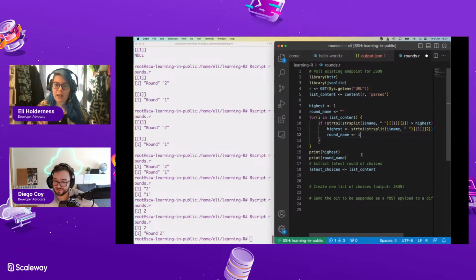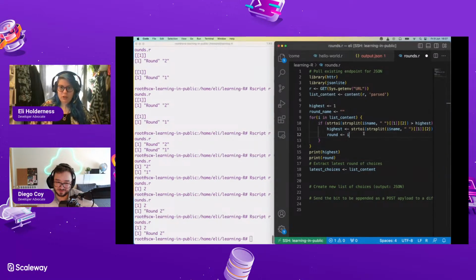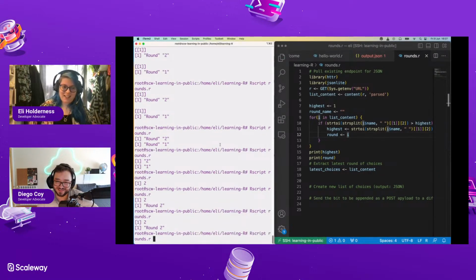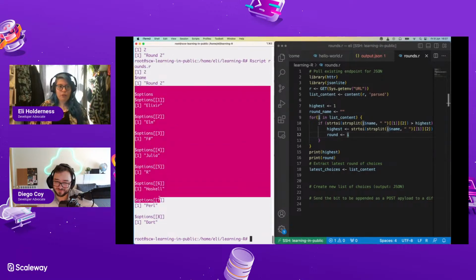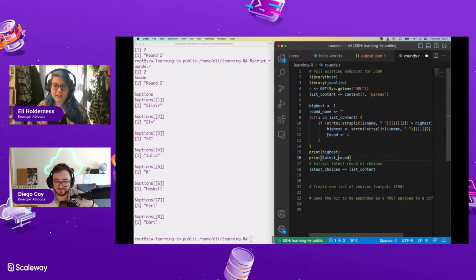Yeah, I just want to save i. So the round itself is i, because I want to save all the data as well. I'm saving the entirety of the list that came with the name. So if I do this, round 2, I didn't save. Yeah, so now we've got all the options saved off as well. So I've got the latest round. I'm going to call it that instead.